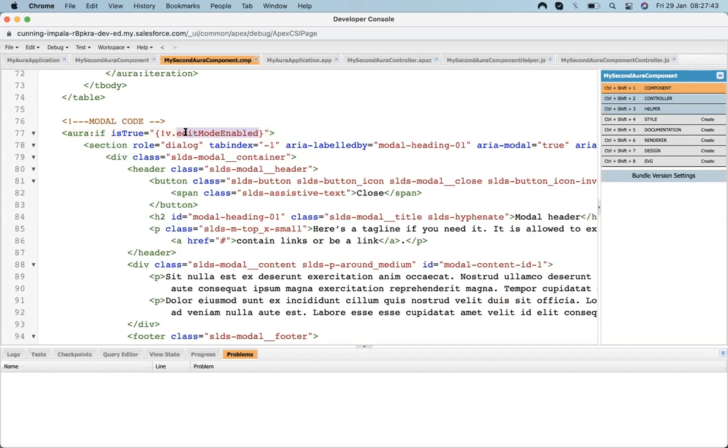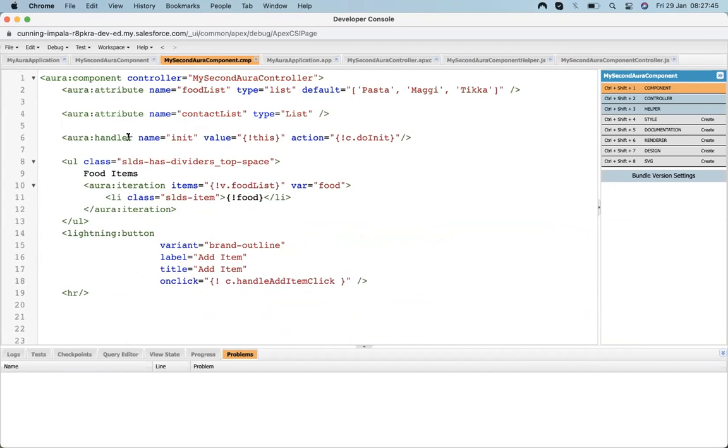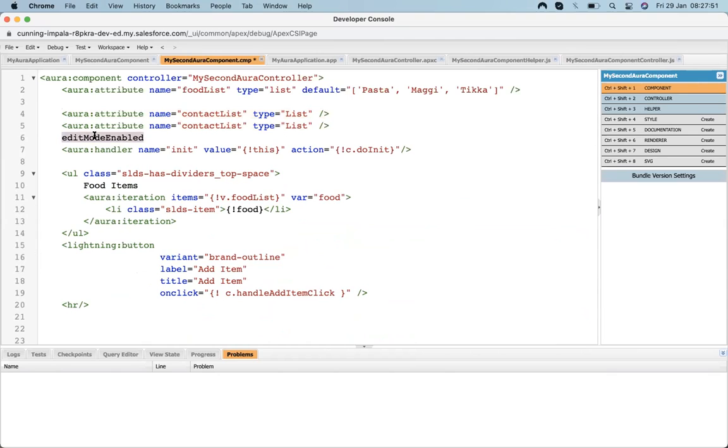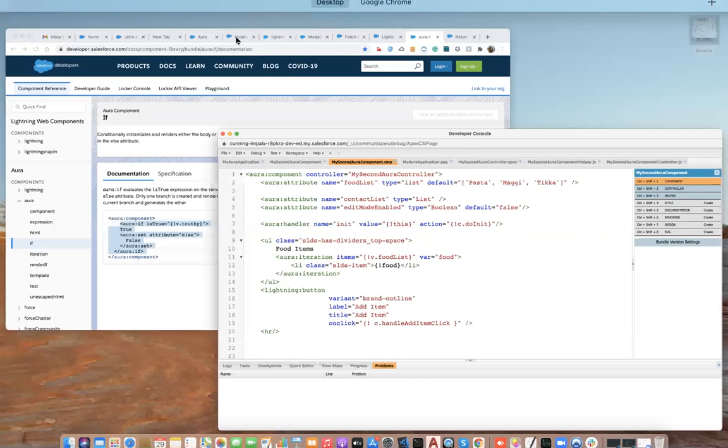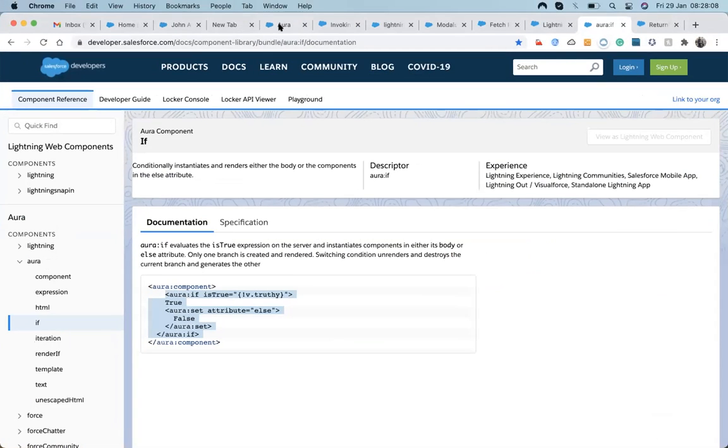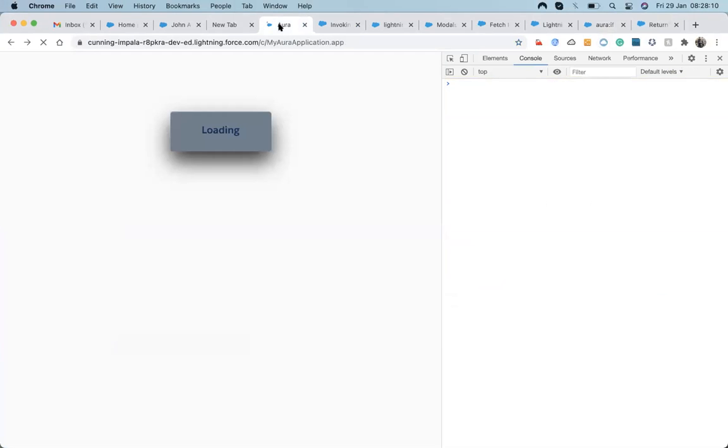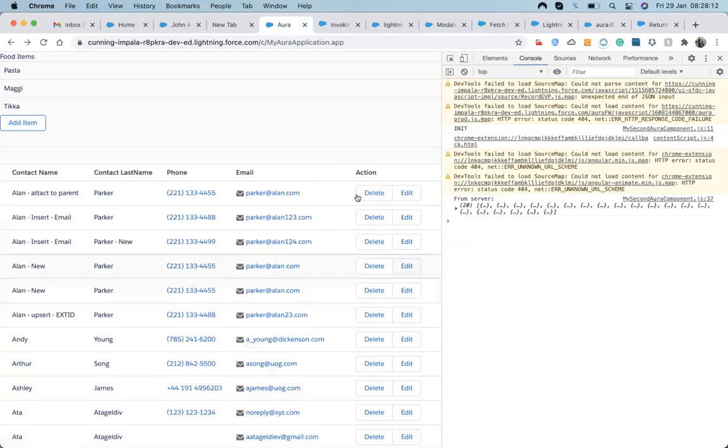In the beginning I need edit mode to be false, so let's declare an attribute called editModeEnabled, and its type should be boolean because it's only true and false, and by default the initial value will be false. So whenever the page loads, it will not load the modal because initially it's false, and it shows our standard component.